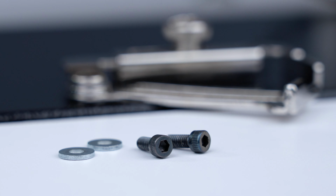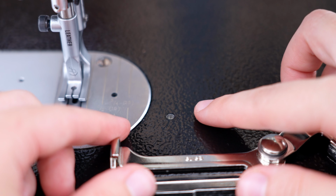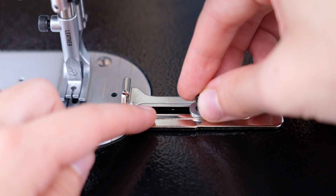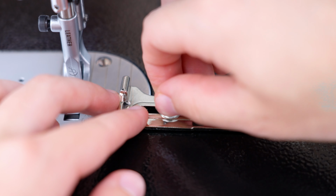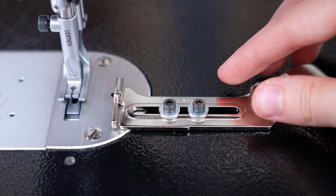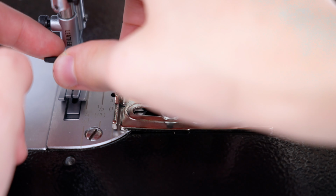To install the swing gauge sewing fence, first move the swinging arm out of the way. Then line up the screw slots over the 2 holes on the machine bed. Place a washer onto each screw and loosely install them by hand. Before tightening it down, you can adjust the stationary arm left or right along the track to your desired distance from the needle. You can use the needle plate guide or a measuring guide to do so. Make sure that your gauge is straight on the machine bed and then use the included hex key to fully